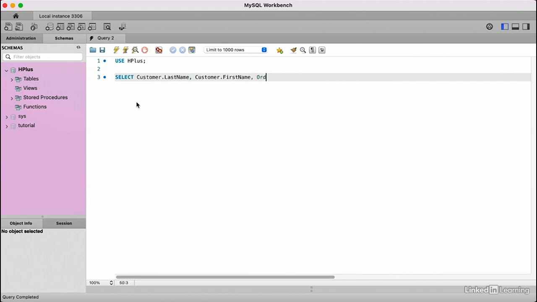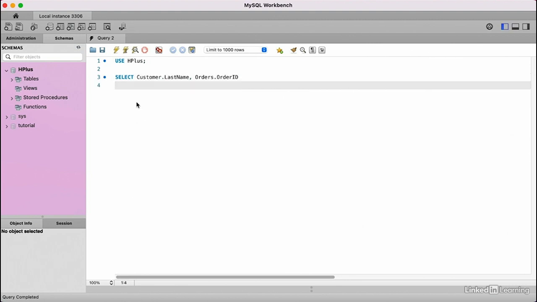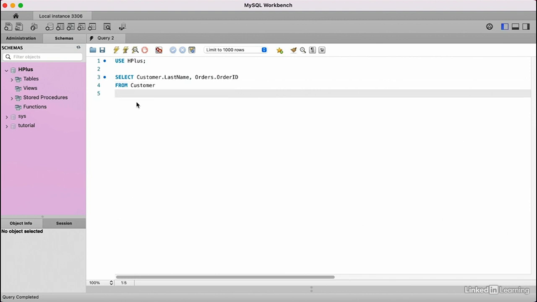We get orders.order_ID. Actually, let's just return the last name. So orders.order_ID. And we have from customer. And here comes the join. We have cross join